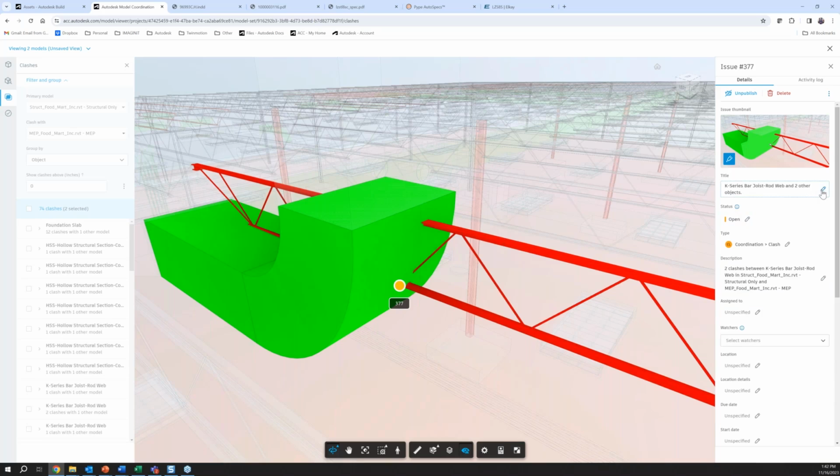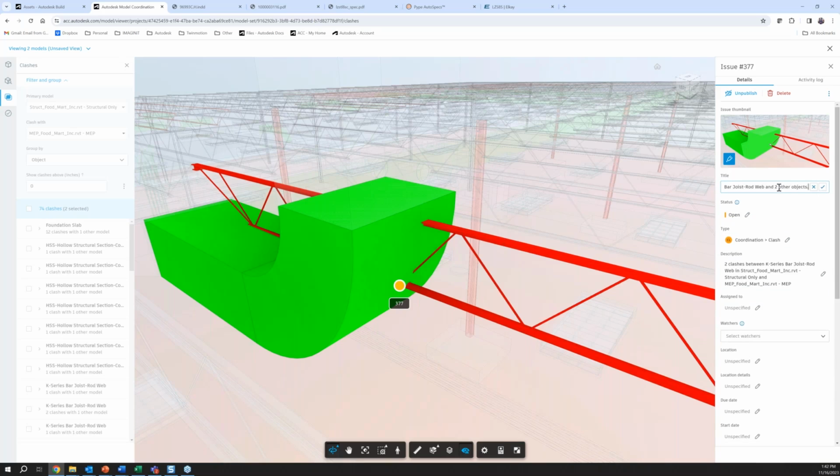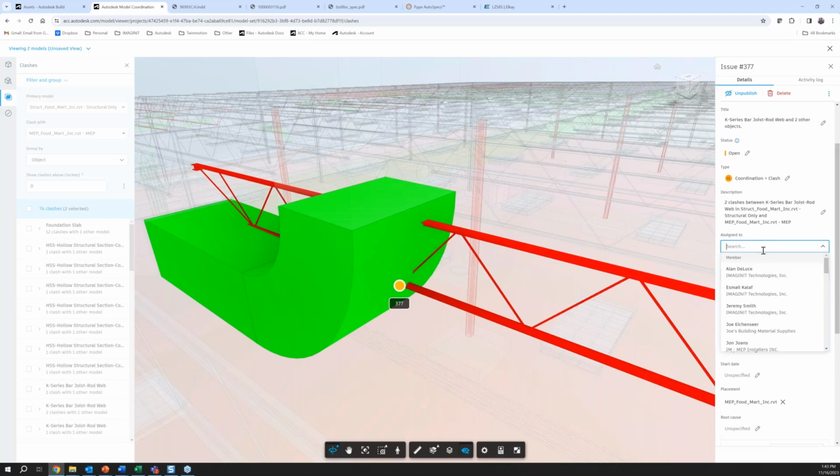If I want to rename this clash for any reason, we can rename it. We can say that, all right, we just caught this, the status on this object is open. The type of issue that it's generating, as I mentioned, it automatically generates as a coordination issue, a clash detection, and then a description between those two objects within the model. From that point, structure is probably not moving. So if we want to assign this coordination issue to our mechanical engineer,